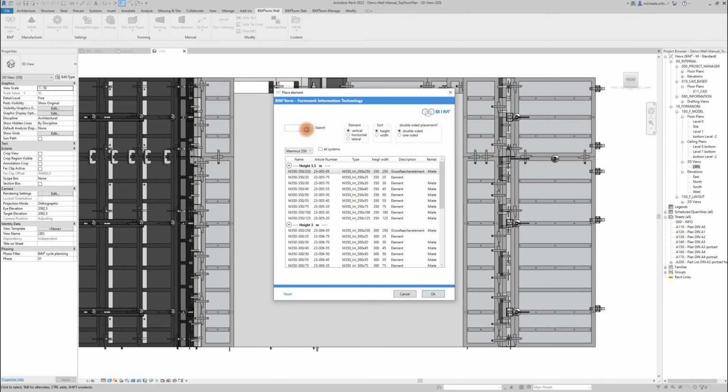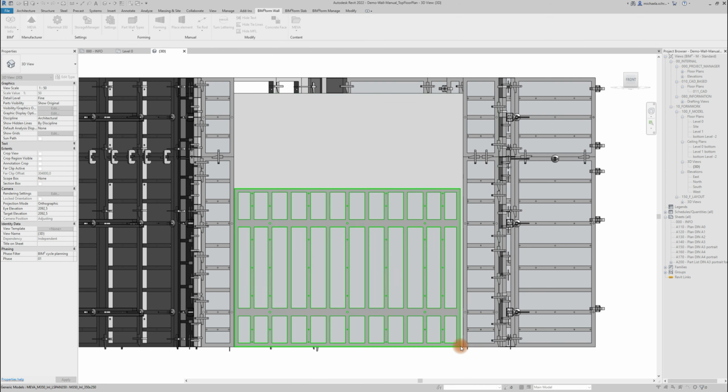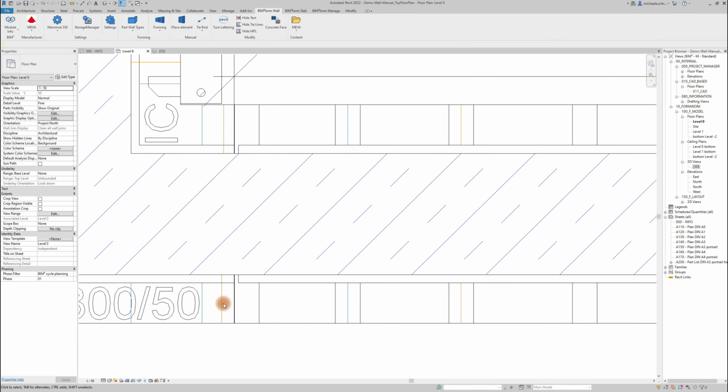We are searching for an element with a 3.5 meter width, since the gap is almost just as wide, and we want to place it horizontally and double-sided. Select the biggest one and click OK. For horizontal placing, we have to click below where it should be placed, in this case the bottom of the wall, and in the right corner because elements are always turned to the left when placed horizontally. Since they probably were not placed right next to the elements on the left, we are just going to align them real quick.